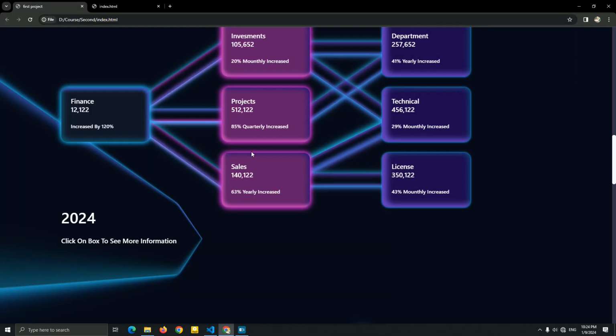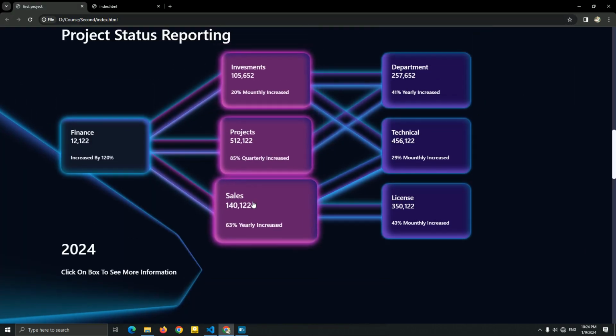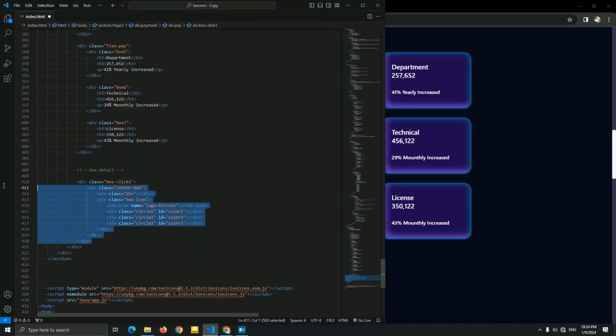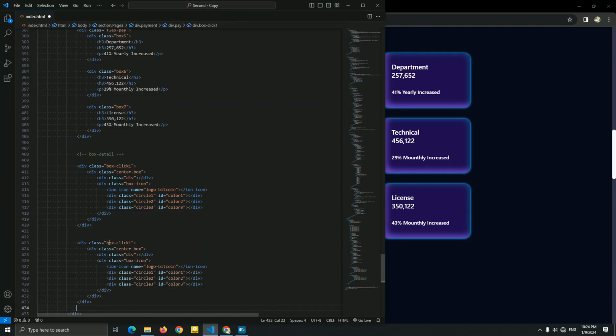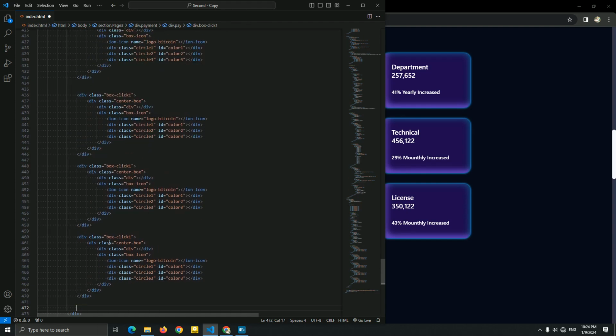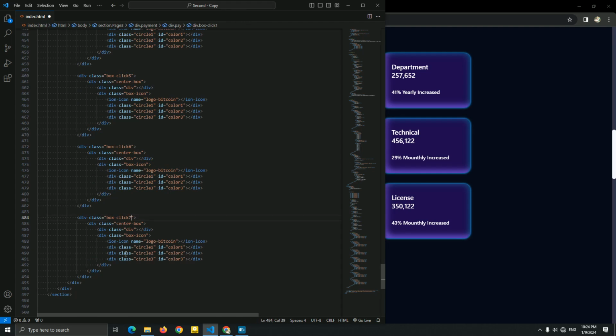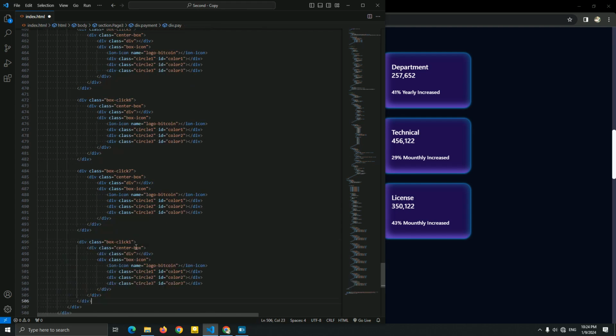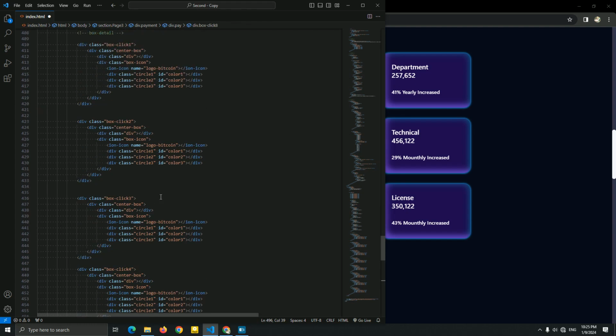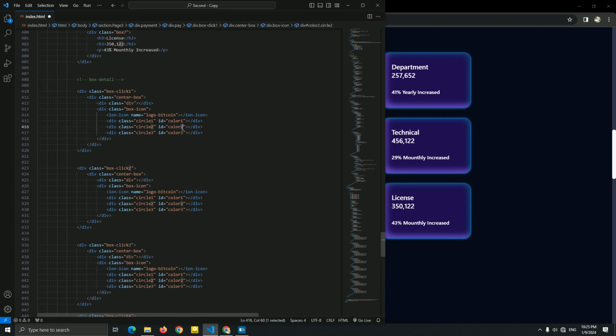So let's go to create a box click for this, box click for this. So I'm just gonna copy this, paste it. I'm gonna do it fast. Okay, box click 2, 8. You know what? Let me add the color 1. I'm sorry, guys.